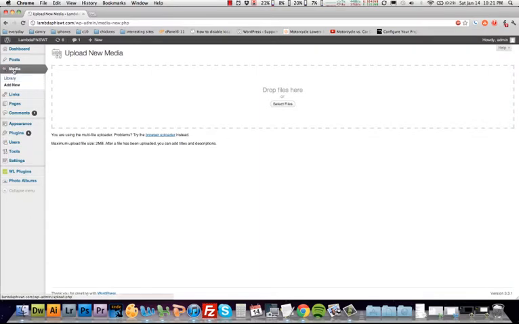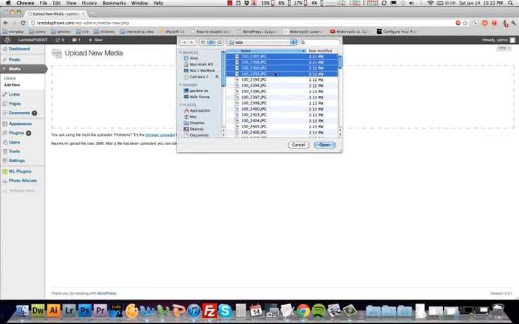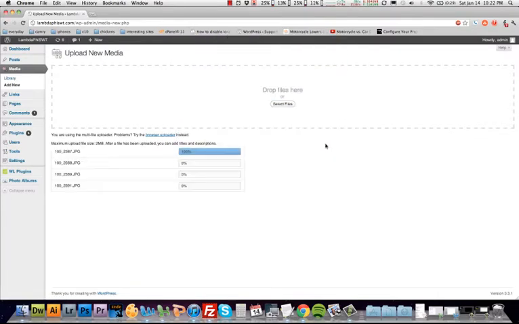So what we've done, we've come to media and add new. We're gonna click select files. I'm just gonna take 4 of those tape files just for example, and you'll see that it's grabbing those 4 files and uploading them pretty quick. Even on my slower connection,